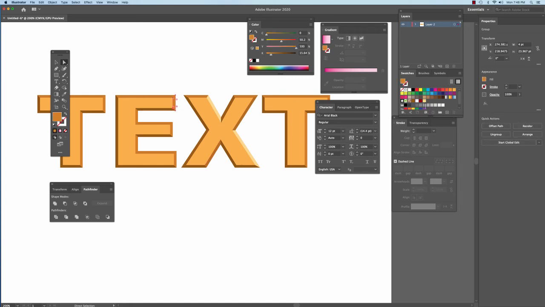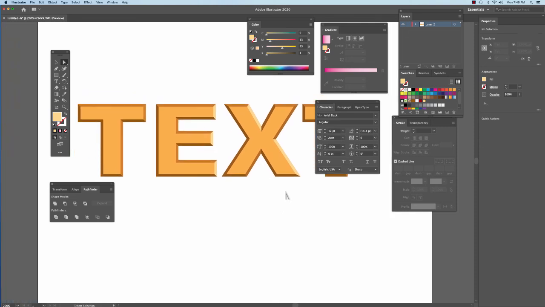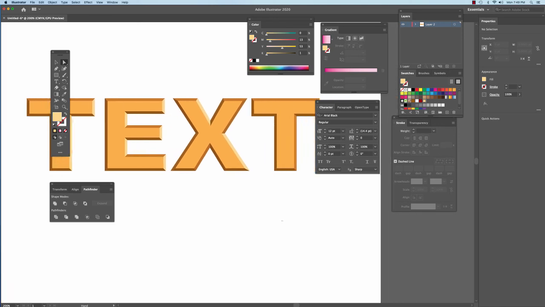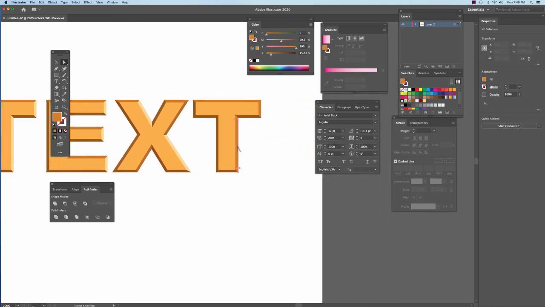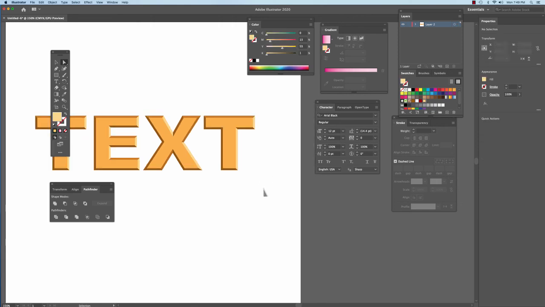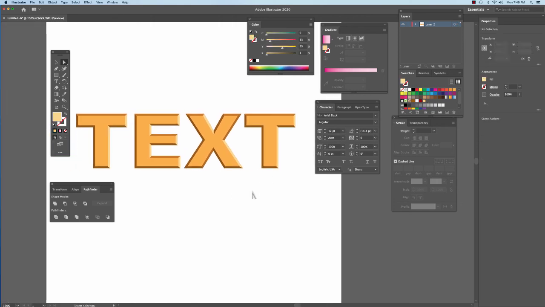I can select my outer edge here, here, here, like so, and it gives me a nice kind of highlight. I can select the interiors here, like so, exterior on the rights here, and right here. And then that gives me this kind of nice sort of beveled text, because I was able